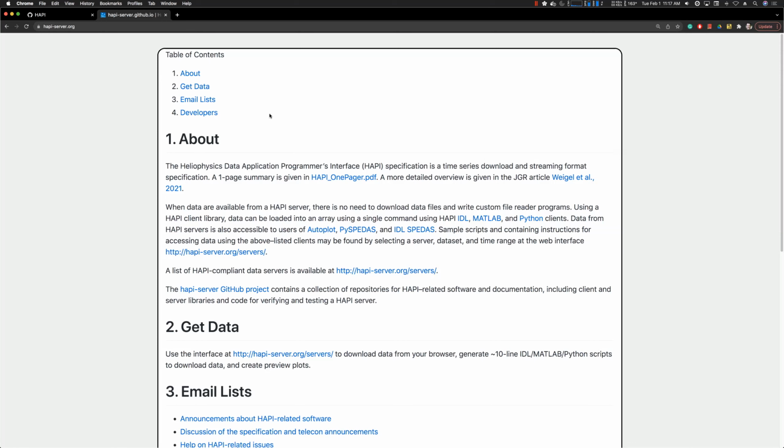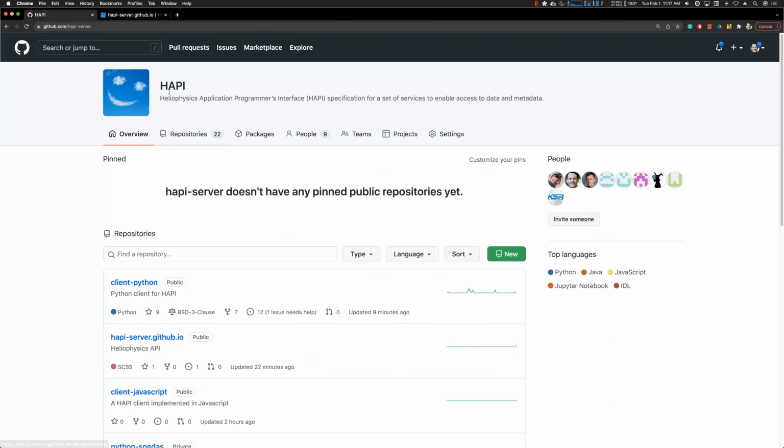One of the challenges is to get people to use it. And so we've put a lot of effort into developing software that uses the spec, and Sandy showed you some of the tools that already exist out there. If you're a developer, I recommend that you start with the HAPI repository. So it's github.com